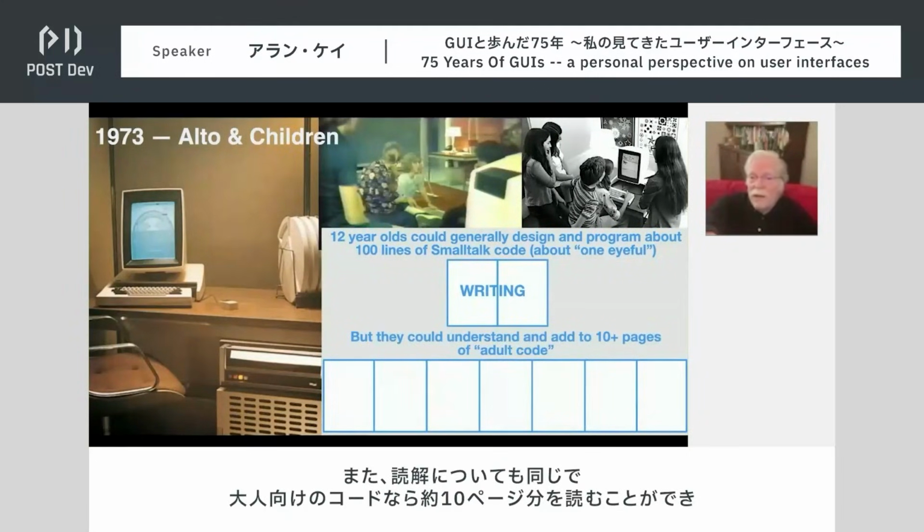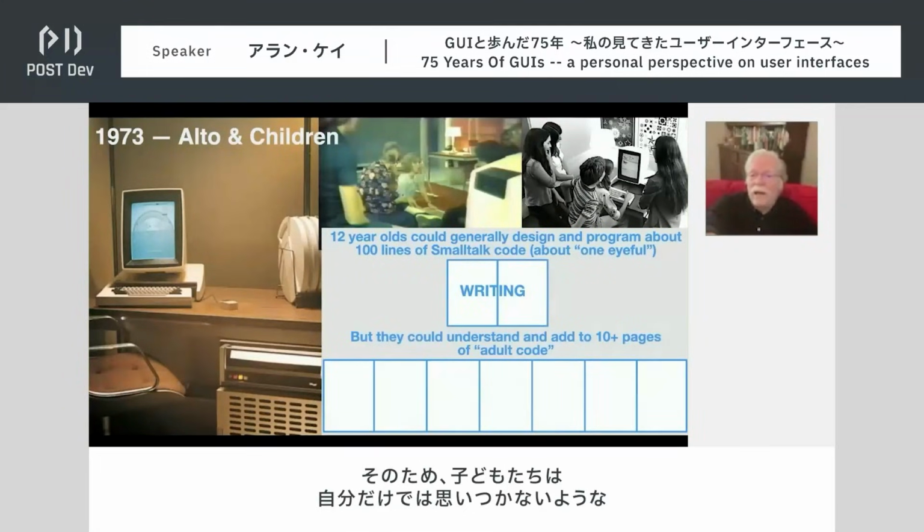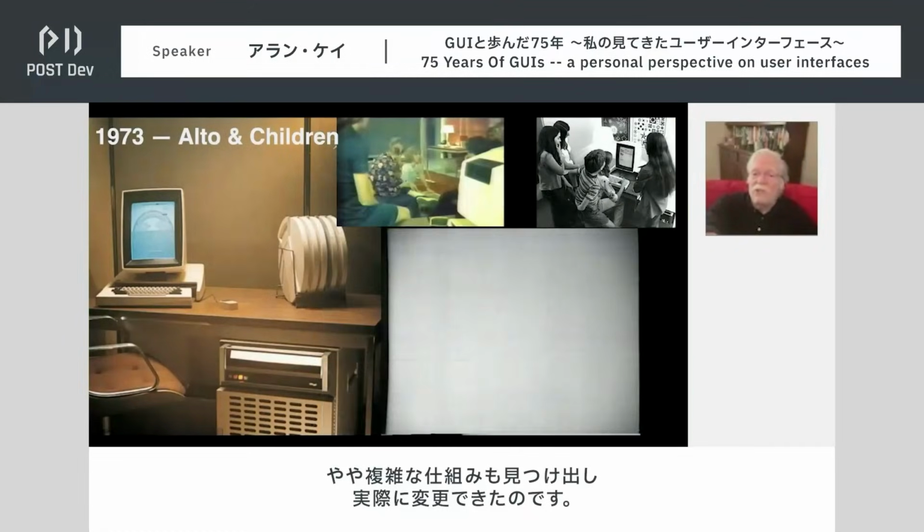But as with reading, they could read around 10 pages of adult code. And it turned out this whole animation system was less than 10 pages of Smalltalk. And so this allowed them to find things that were maybe a little more complex than they would be able to think up by themselves, but to actually change them.